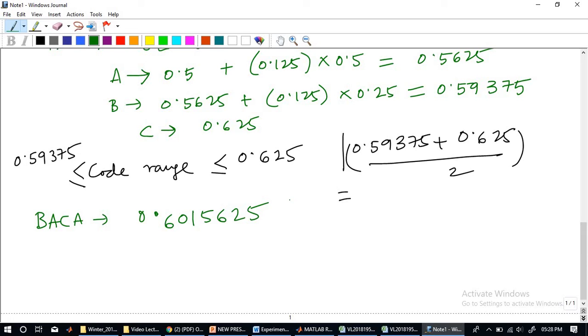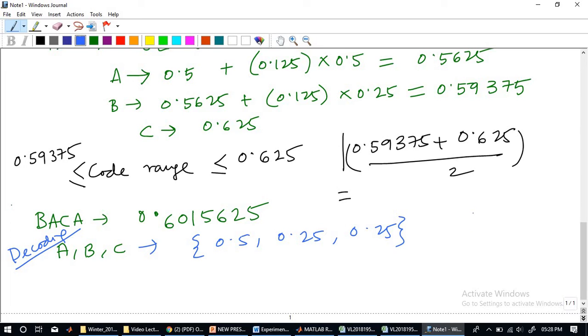Okay, or binary data will be given to you, you convert that to decimal figures, some value has come like this. Now if you have got this, given the fact that there are three symbols A, B, C, so we are discussing the decoding. It's very simple, or similar actually. So given A, B, C are three different symbols and the respective probabilities of occurrence are 0.5, 0.25 and 0.25, and we have to go for decoding until 4 steps.